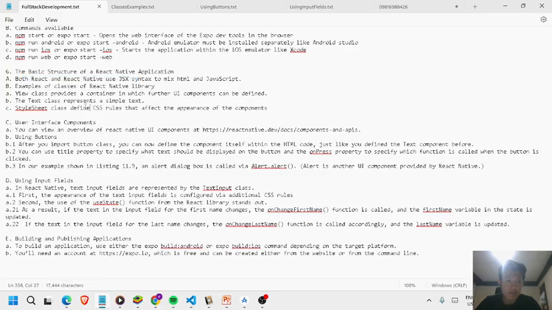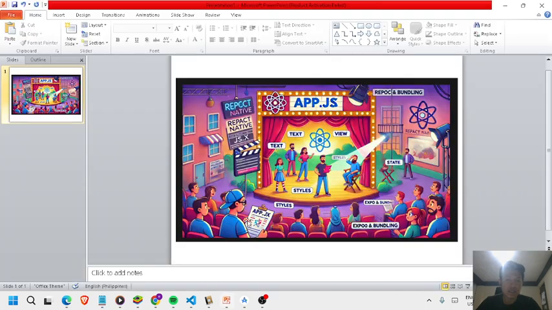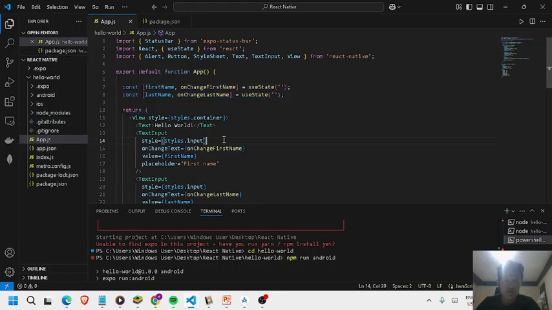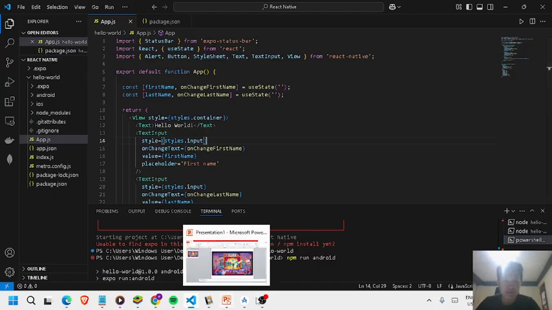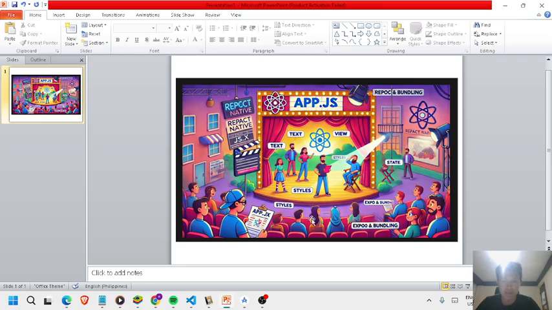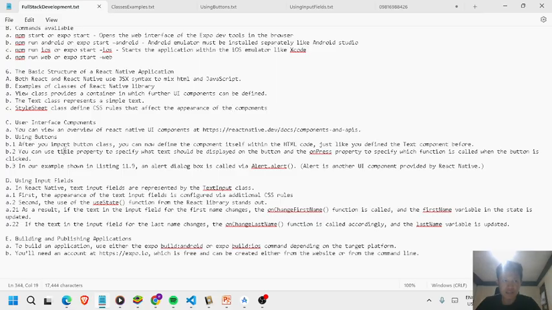First, both React and React Native use JSX syntax to mix HTML and JavaScript. And as usual, I will start this with a metaphor for long-term understanding. First, app.js, like what we have built before, is like the stage that sets up the play for our components. So I'll provide the details for